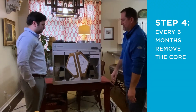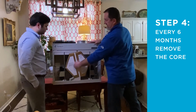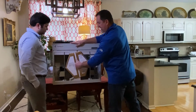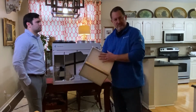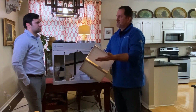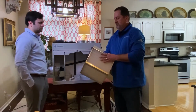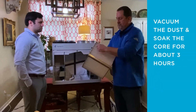About every 6 months, you're going to want to remove the core itself. The core is going to have some kind of a handle to allow you to pull it out of the unit. It should slide out pretty easily. Regardless of what the material is, the procedure for cleaning that is the same for all of them. And that procedure is simply to, if you see some dust right here on the surface, you can vacuum that off,